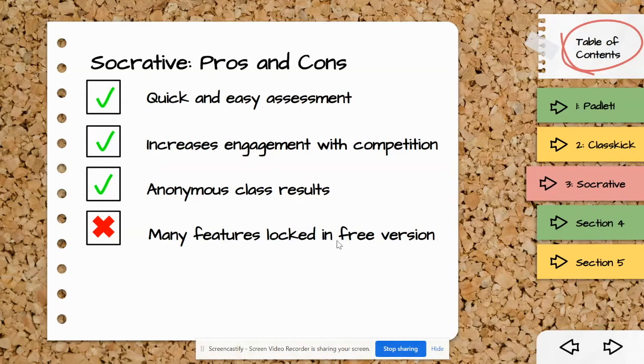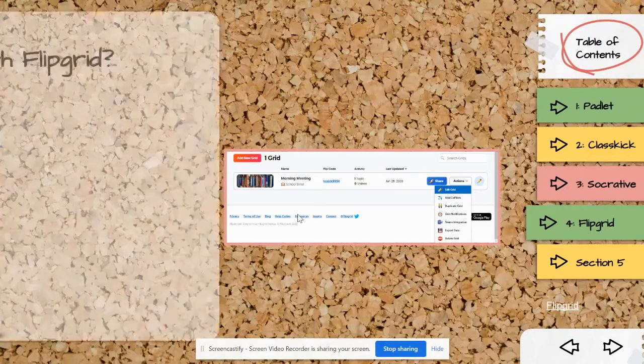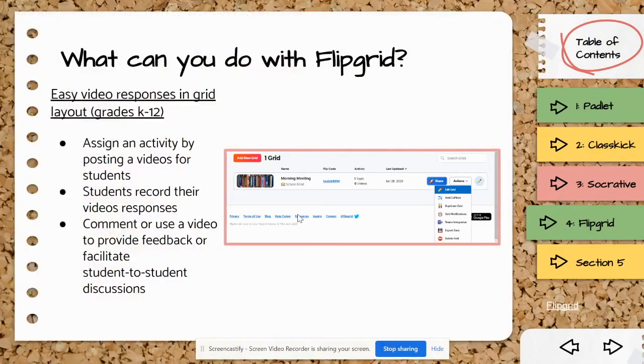So some features are locked in the free version. Okay, so moving forward, our next tool is going to be Flipgrid. This is another really quick and intuitive program that you can use in your classroom. It is a tool that allows you to create video activities for your students, and it has a very simple design so that you can use this with kindergartners all the way up through